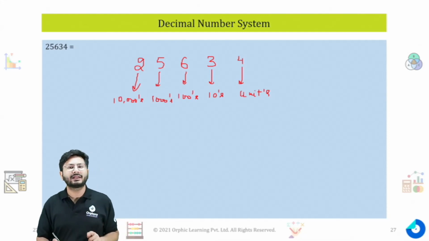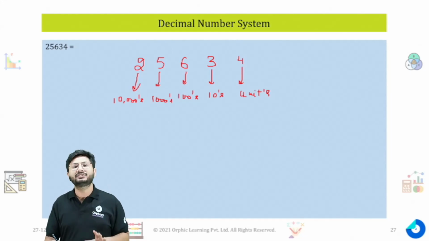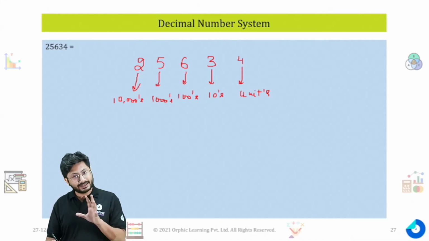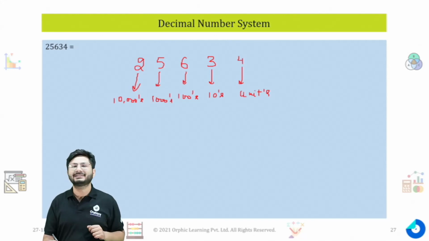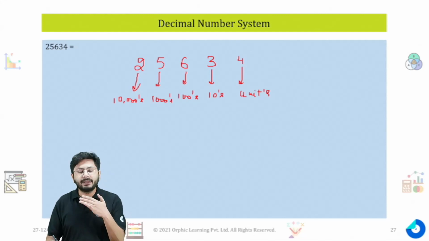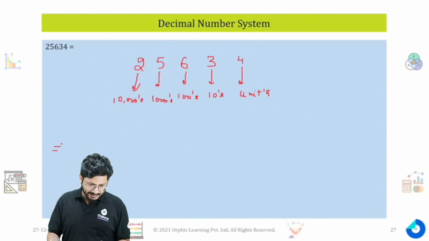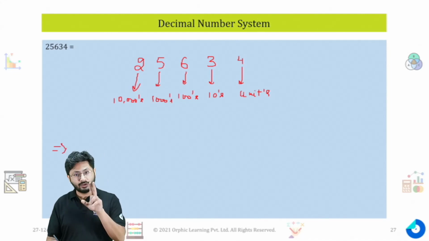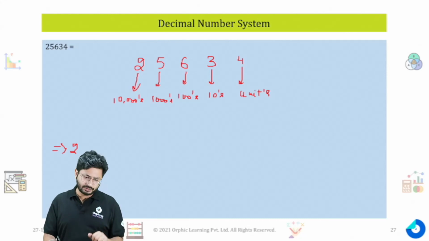Basically it means that there are two 10,000s in the number, there are 5 thousands in the number, there are 6 hundreds in the number, there are 3 tens in the number, and there are 4 ones in the number. It means like this. Can I write the form I just said mathematically? So I'll write it mathematically and say that there are two 10,000s in the number, so 2 into 10,000,